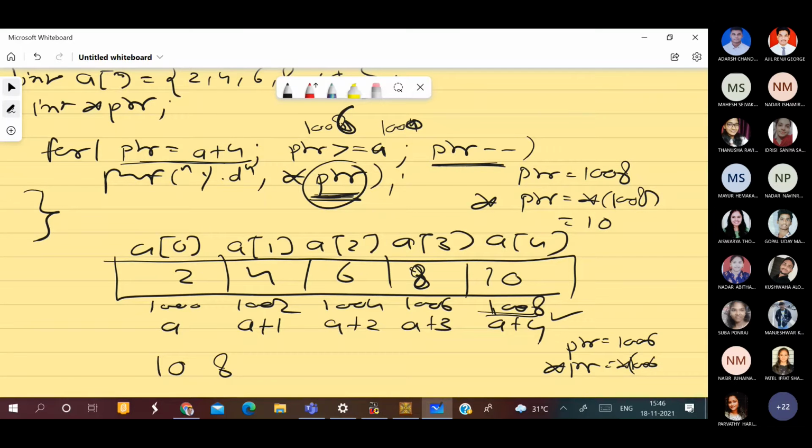So what is your new PTR? 1004. Is 1004 greater than or equal to 1000? Yes. So what is star at 1004? 6. Again you go for one more subtraction, PTR minus.